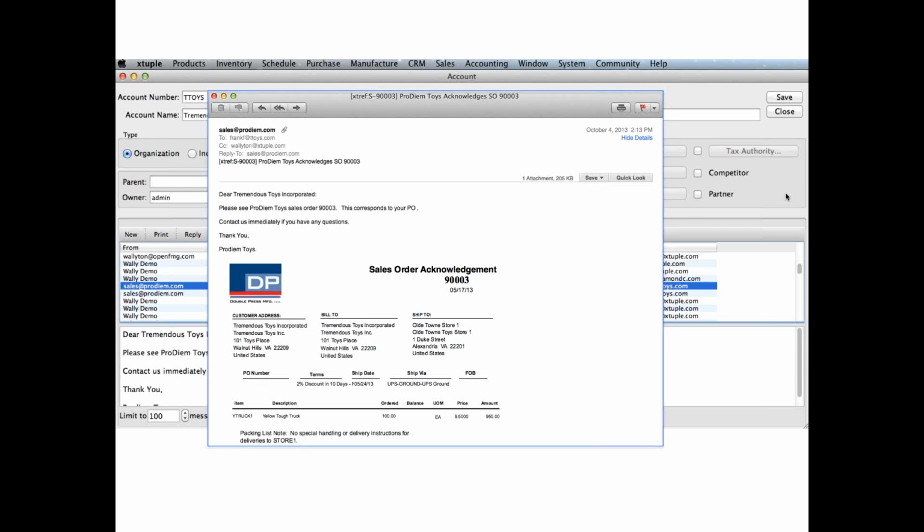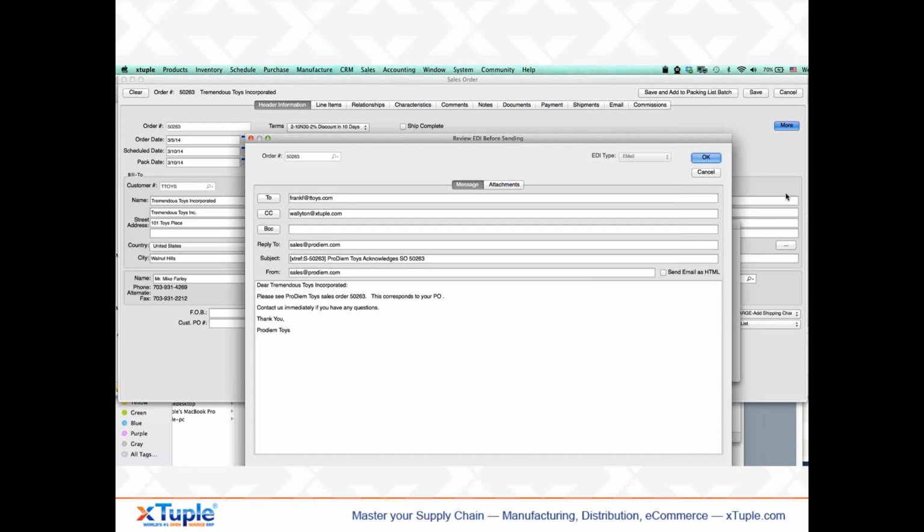The next way that we do email is to push out documents associated with certain transactions in the system. In this case, we're looking at a sales order, and I've checked the little checkbox on the sales order that says print sales order acknowledgement upon save. And when I do, it also triggers, because I've got Connect in here, and because I've had this customer set up to receive sales order acknowledgement via email, it brings up this little